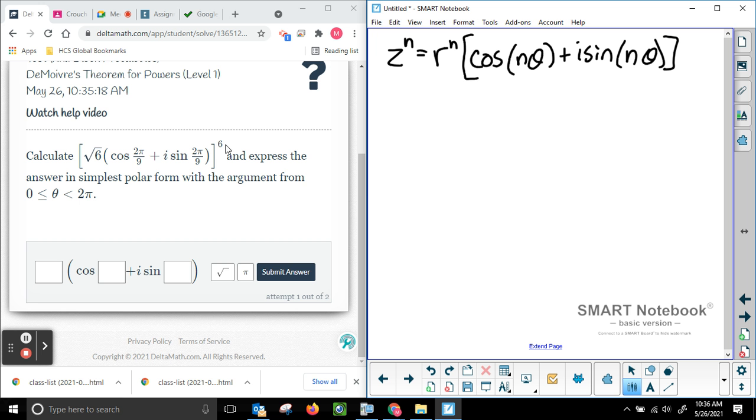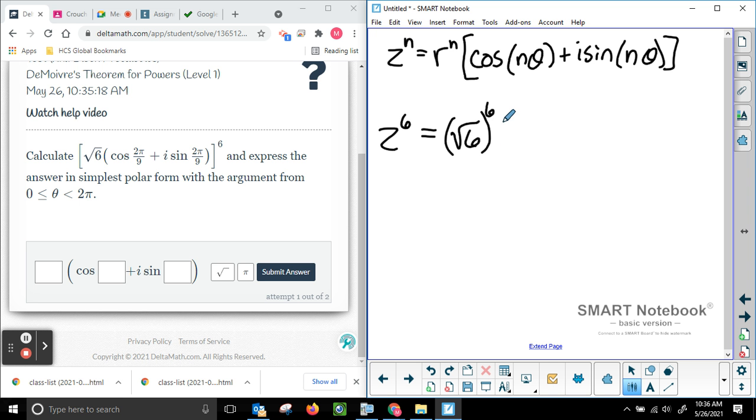In this case, our n is 6, so z to the 6th power is going to be the square root of 6 to the 6th power,